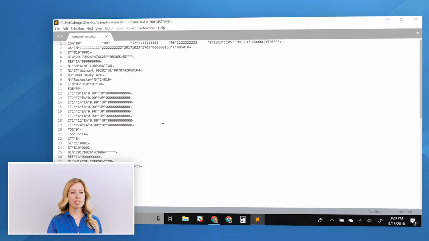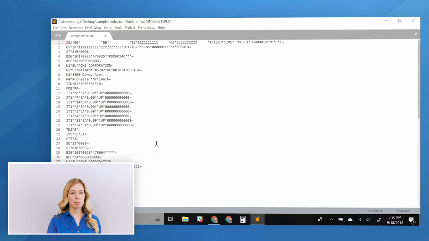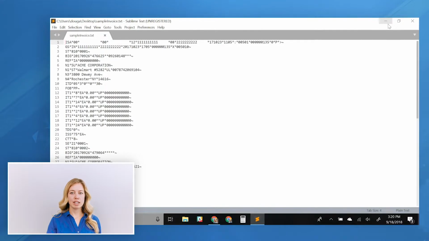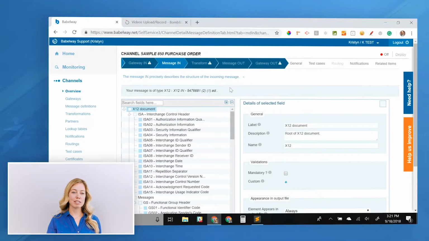Okay, let's get started. In this scenario, I am expecting an X12 850 purchase order from my customer, and this is what that file looks like. And I'll need to take that X12 file and transform it into XML, which is what my system needs to